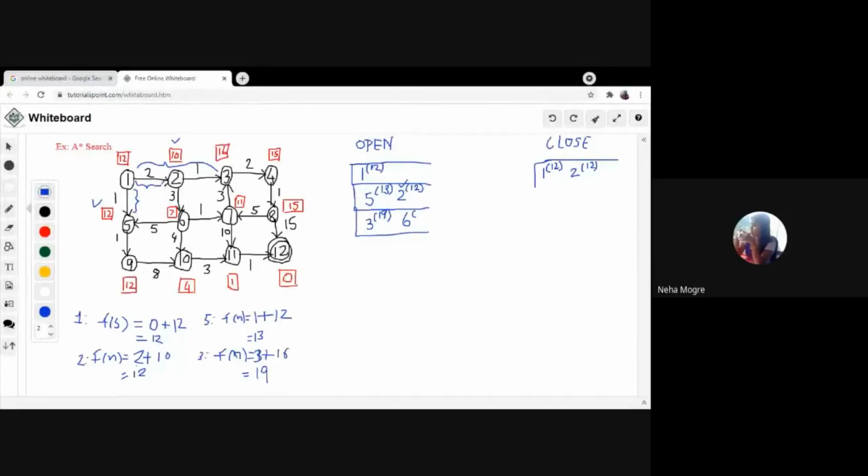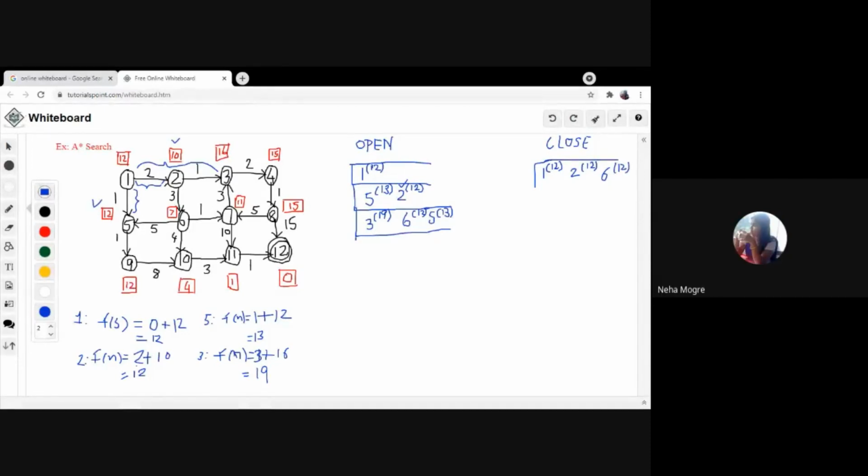Again, you are writing the node which is already available in the queue, that is 5 with a cost of 13. Now, what will be the minimum value? 6 with a cost of 12.